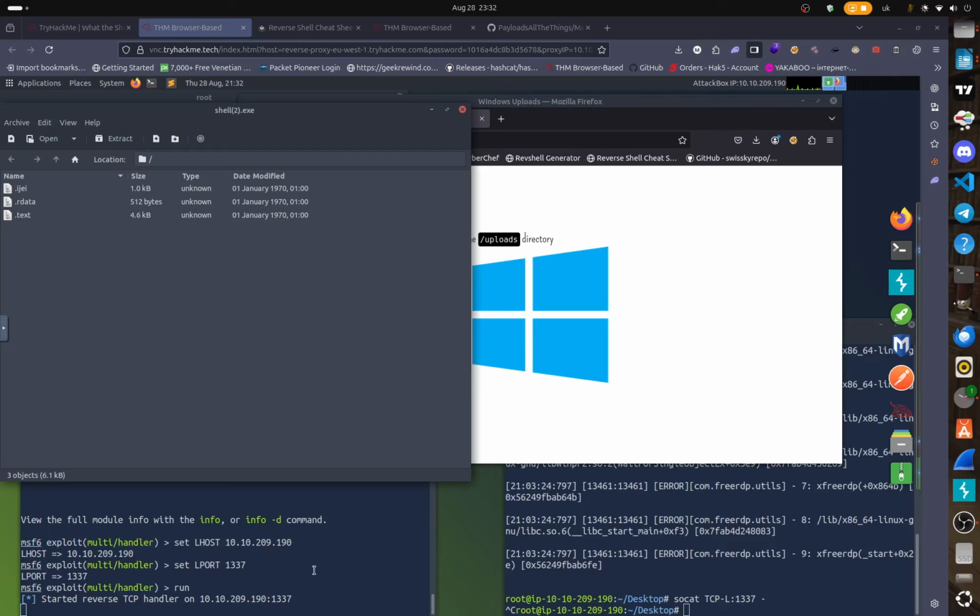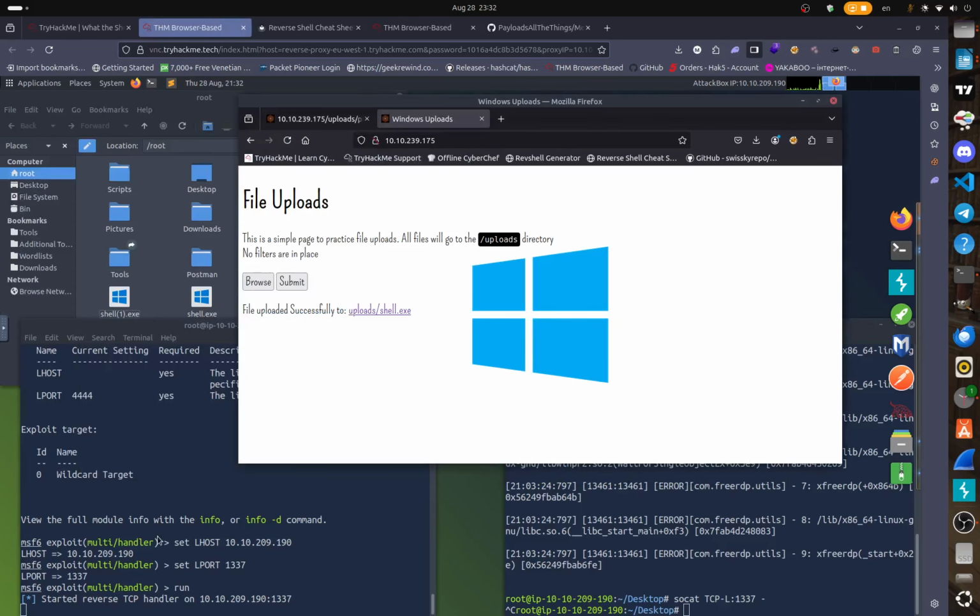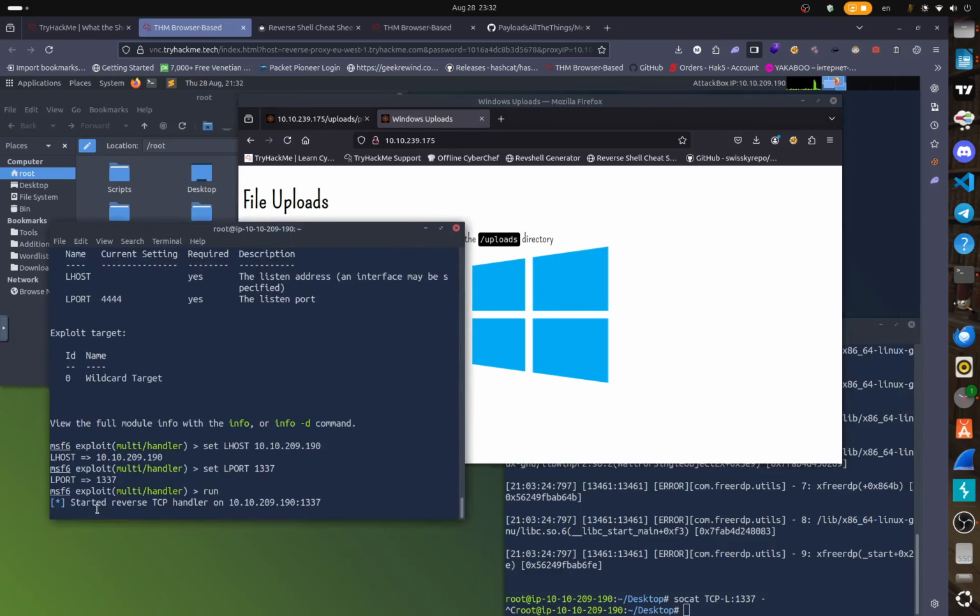Now, you could alternatively have gone actually to that Windows VM. So if we wanted to, you could open up another terminal, and let's go ahead and background this shell. We can use the background command, and if we go to the task 15 Windows practice box, it has that command in there to actually